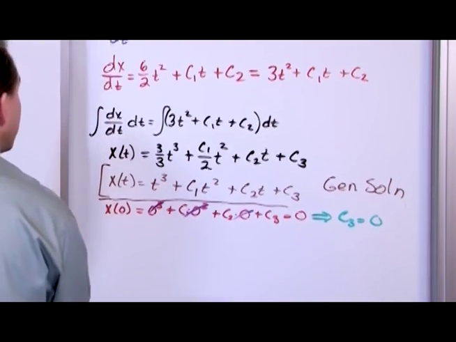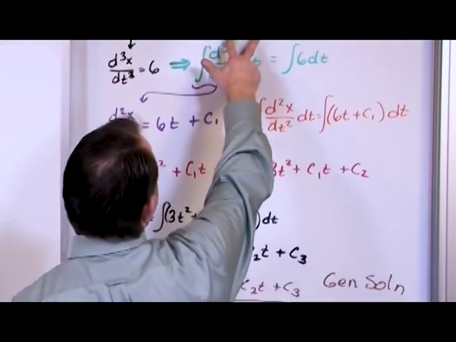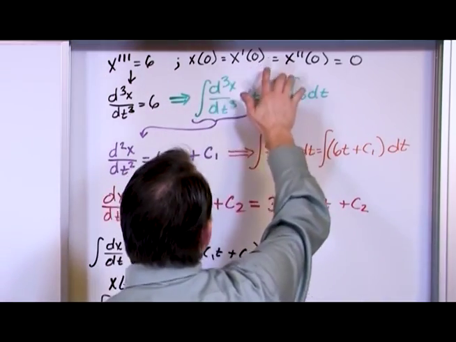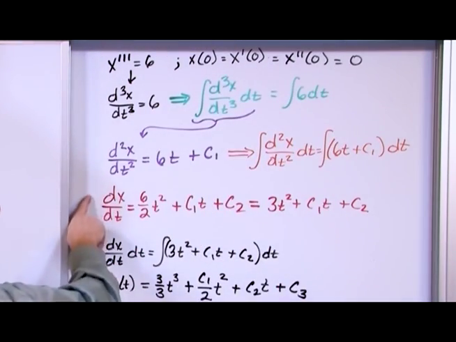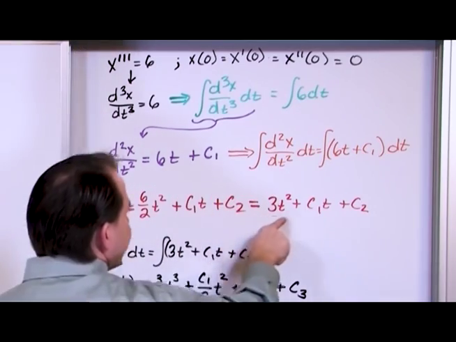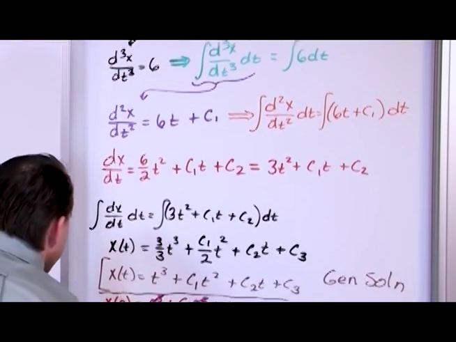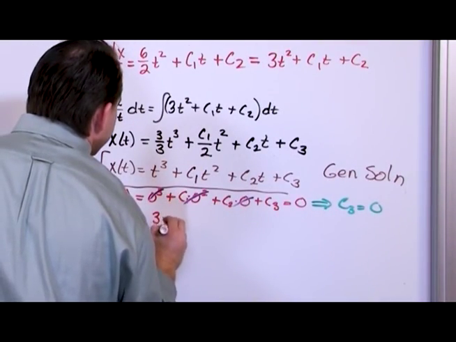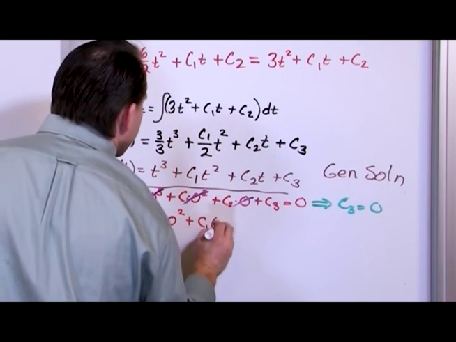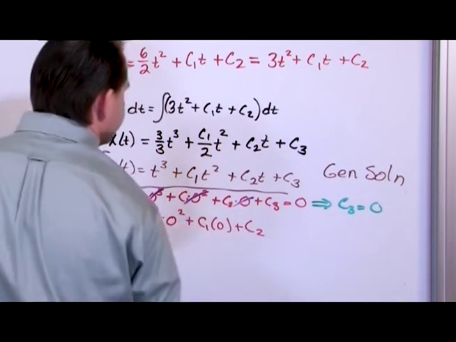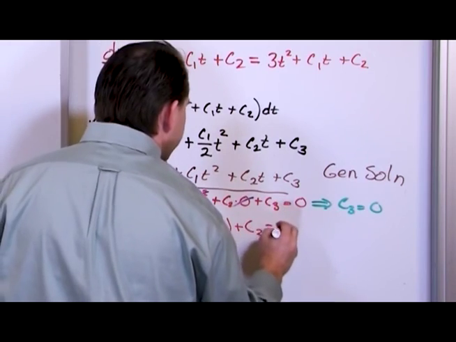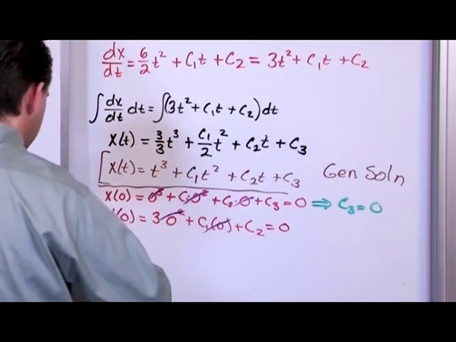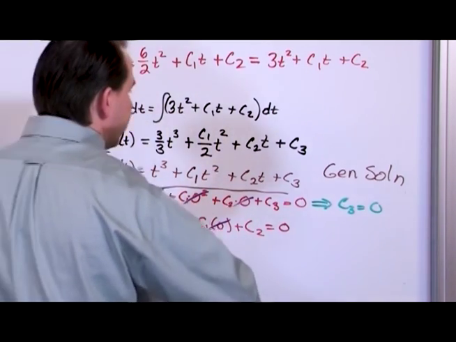All right, now in order to apply the next one, we need to find an equation for the first derivative and evaluate that at 0 and equate it to 0. So the first derivative we have right here, dx dt. That's the first derivative, so we're going to use that. The first derivative evaluated at 0 is equal to 3 times 0 squared plus c1 times 0 plus c2. And that's also equal to 0 because all these initial conditions in this particular problem are equal to 0. So that cancels, that goes out, and what we're left with is c2